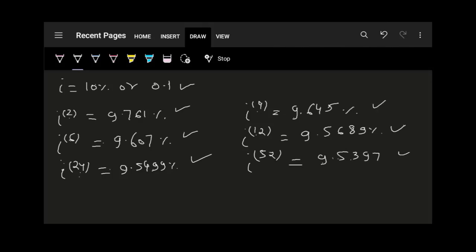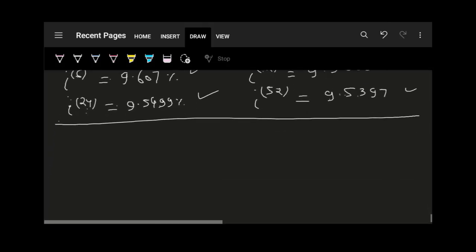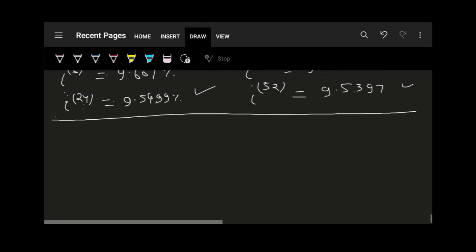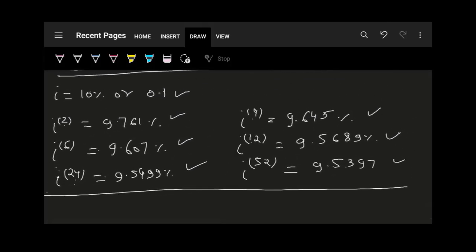By the end of the year, the amount of interest that I am earning on this investment is the same whether I use I2, I6, I24 or any of these rates. Since you are getting the same amount of interest by the end of the year, the more you divide the period, that is the higher the value of p you use, the lesser the interest rate is. We started with I equal to 10% with period 1, that is our initial effective interest rate per annum. When we break the period in two parts, we got 9.761, which is a drastic change from 10%.